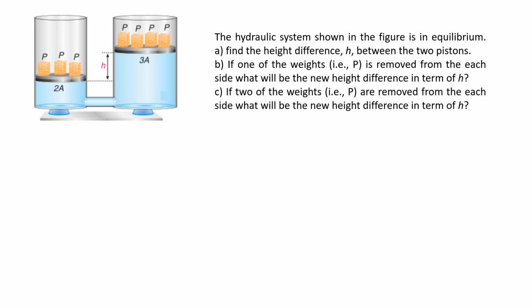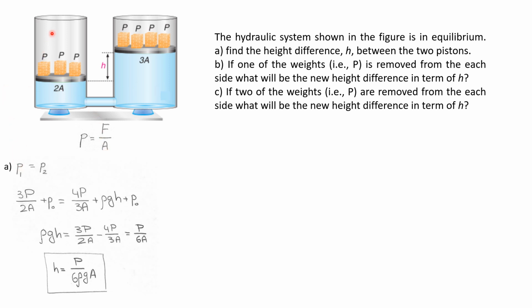Okay, before we start, let's recall what pressure is. Pressure is force per unit area. And since this system is in equilibrium, pressure 1, which is this side, has to be equal to pressure 2, which is this side, right? So because things are in equilibrium, the pressure exerted here and the pressure exerted here are equal. So what is the pressure exerted on this side? Well, it's